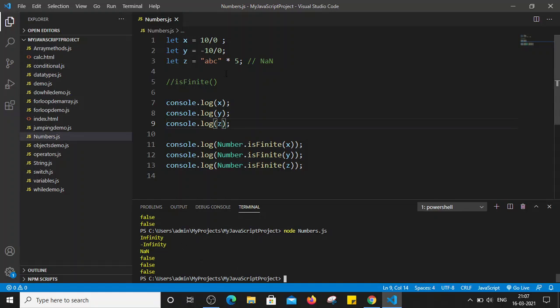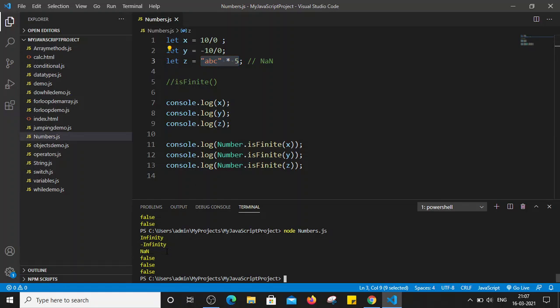So we can see here, for the value of x, we have divided 10 by 0. If any number gets divided by 0, it will return infinity. Similarly for y, we are dividing minus 10 by 0, so it will return minus infinity. And for the third value, z, we are trying to multiply a string value by some numeric value, so it will return not a number.